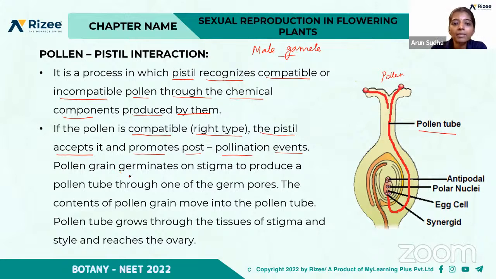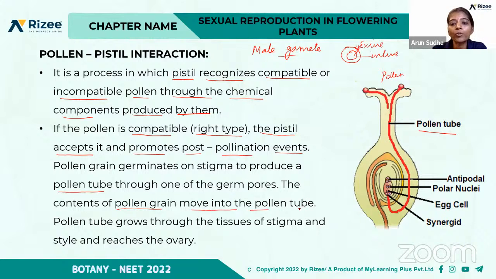So the pollen grain germinates on the stigma to produce a pollen tube. How is the pollen tube produced? Through one of the germ pores. We saw the structure of the pollen, right? It is covered by an exine and internally it has an intine. In the exine there will be germ pores. So how is the pollen tube formed now? The pollen tube is formed through one of the germ pores. It comes out of the exine through the germ pore, and the contents of the pollen grain move